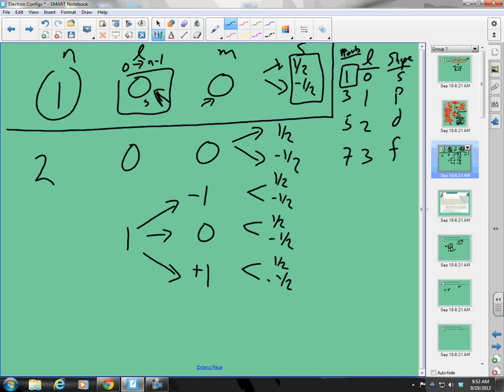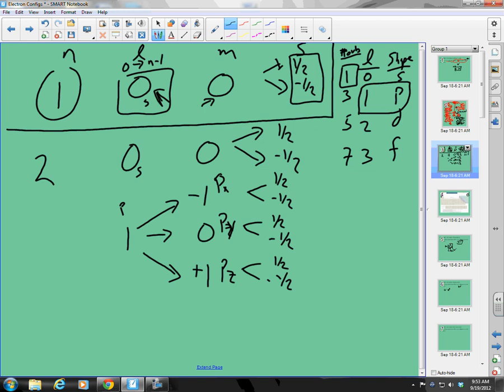And this would be S. This is when L is equal to 1. What do I have? L equals 1. That means I have a P orbital, so this would be a P. And this would represent some kind of maybe a PX. This might represent a PY. And this would represent a PZ, right? The P orbital in 3 different